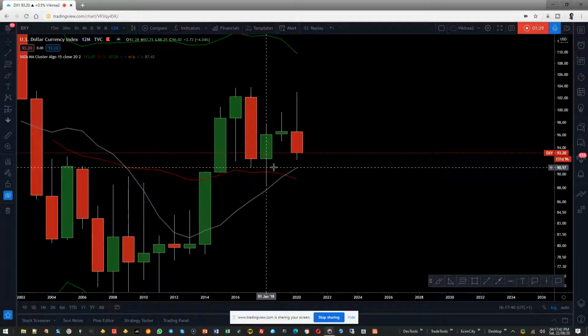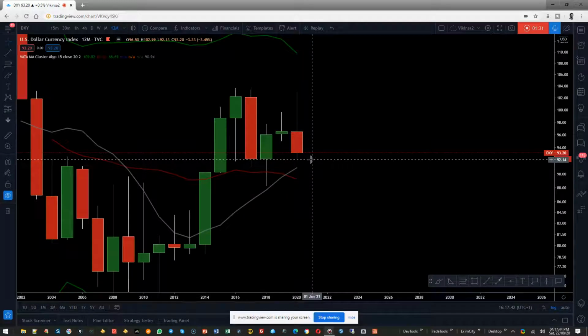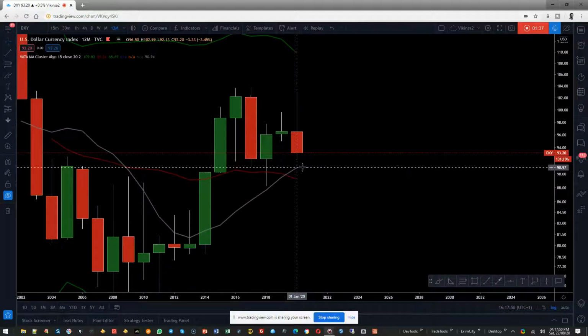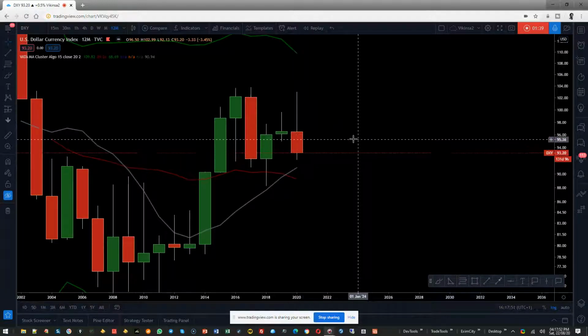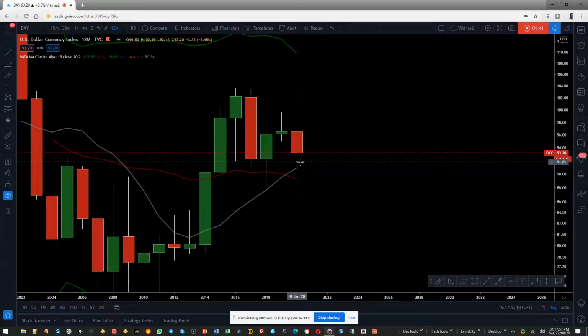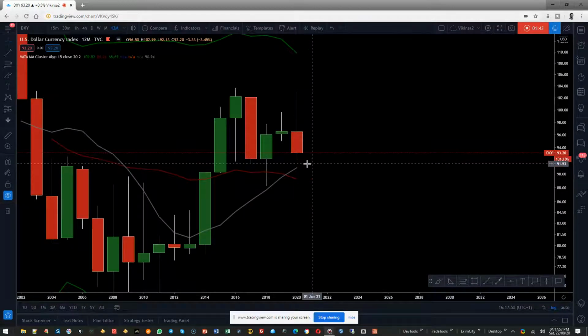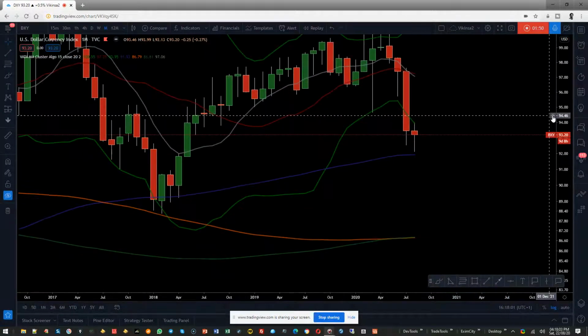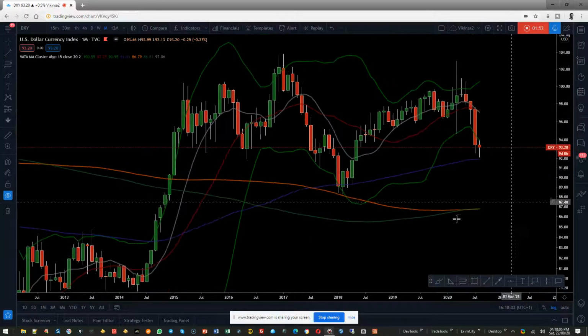So far it hasn't reached there. It can come down all the way to the 91 something level, which is right here, and that is quite possible. It can happen this year, or late this year, or early next year. That's quite a possibility. So if I go to the monthly time frame,